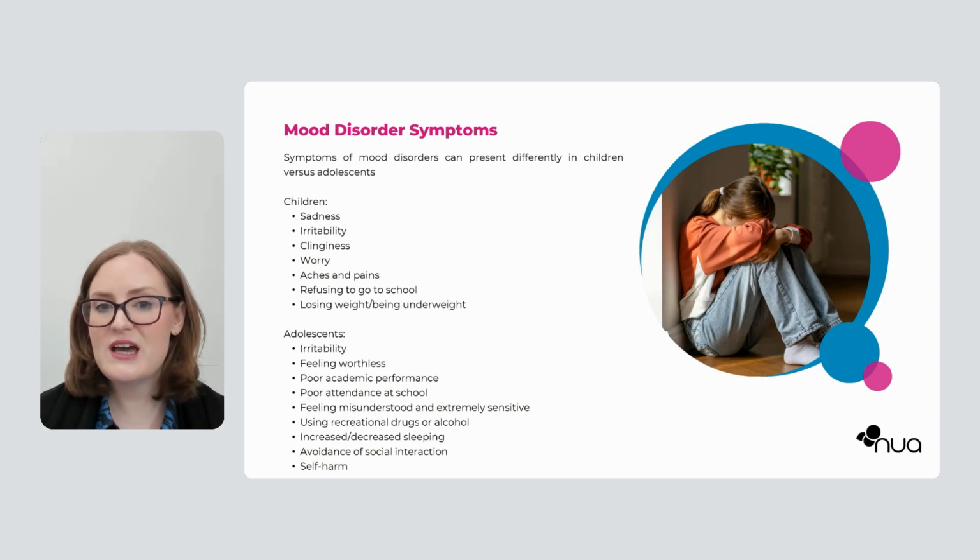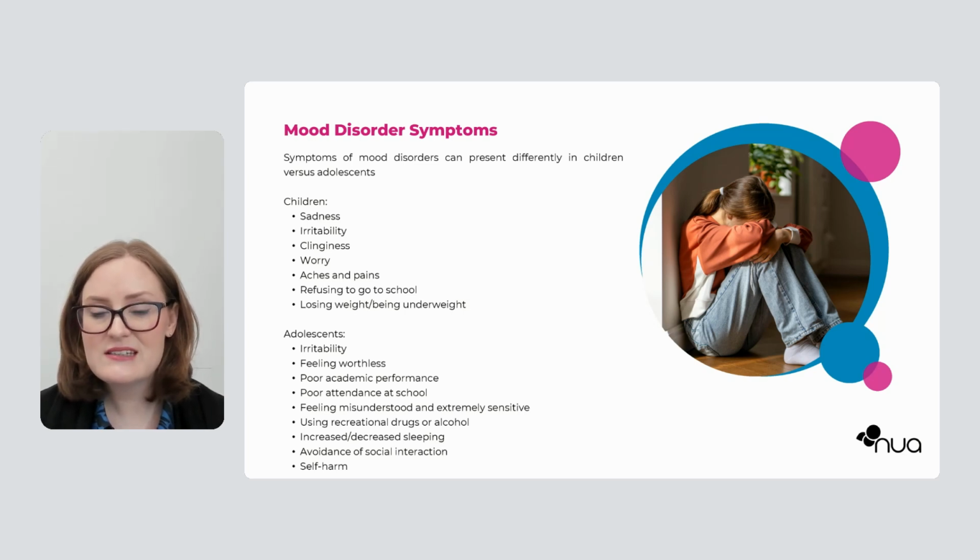Symptoms of mood disorders can present differently in children versus adolescents. So in children, we might see more sadness, irritability, clinginess, worry, aches and pains, like stomach aches, refusing to go to school, or losing weight, being underweight. In adolescence, we might see more irritability, more feelings of worthlessness, poor academic performance, poor attendance at school, feeling misunderstood